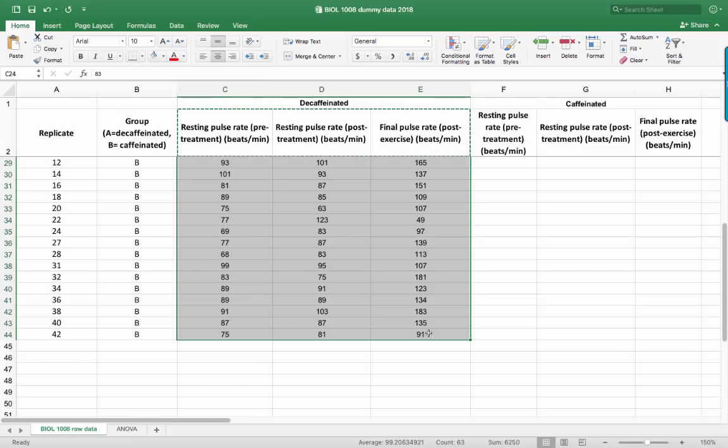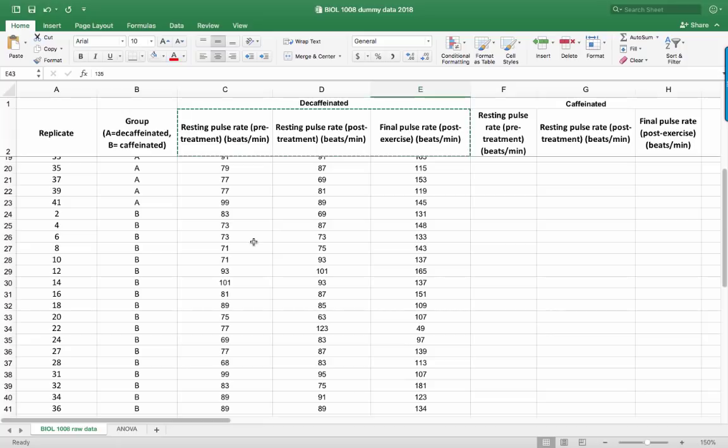Now, dragging the selection works fine here because pretty much all the data that I want to copy fits inside my screen. But say if you work with a much larger data set, especially if it spans over hundreds of rows and columns, it can be quite inefficient to use this strategy. So I have a trick for you in this case, and that is to click on the cell sitting in one corner of your data set,